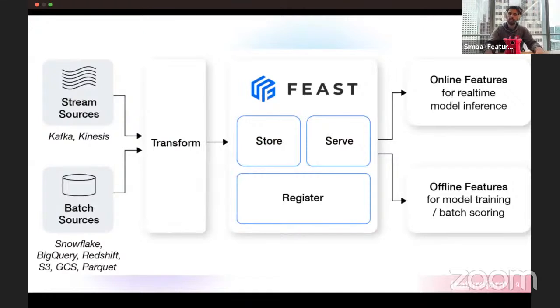So if you have a training set and a feature which is favorite genre in the last week, that's changing a lot. And as that's changing, you want your training set to show the features as they appeared at that point in time. In the online setting, you just want the most recent value of the features. So that's what Feast does. You store all of the feature values at different points in time, and Feast will allow you to serve the newest version of the features with low latency and also serve the historical values of the features to be able to train. We call this architecture